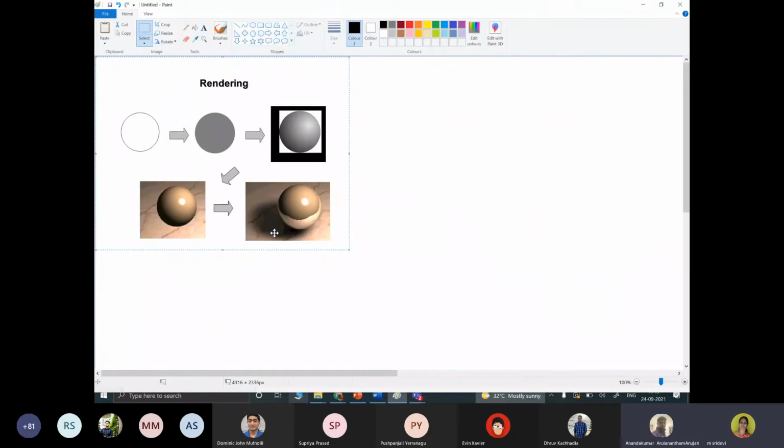Whatever object you are viewing, finally it is going to be output on a particular device. Maybe we can call it a screen. So we are going to produce it on a screen. When it is projected onto a screen, it has to provide you a realistic photo view. How can you get this view? By applying lighting effect to the visible surface of the object.